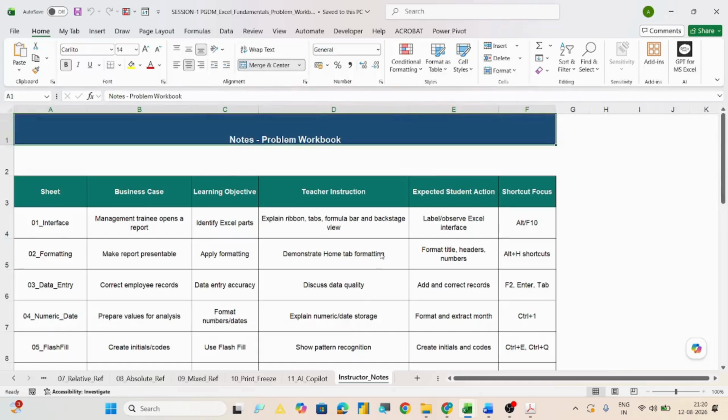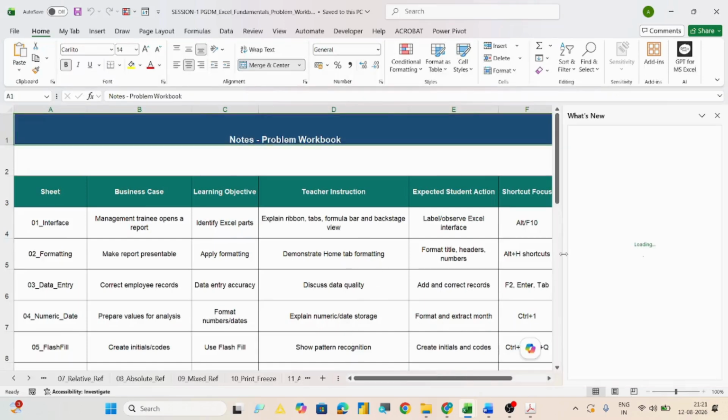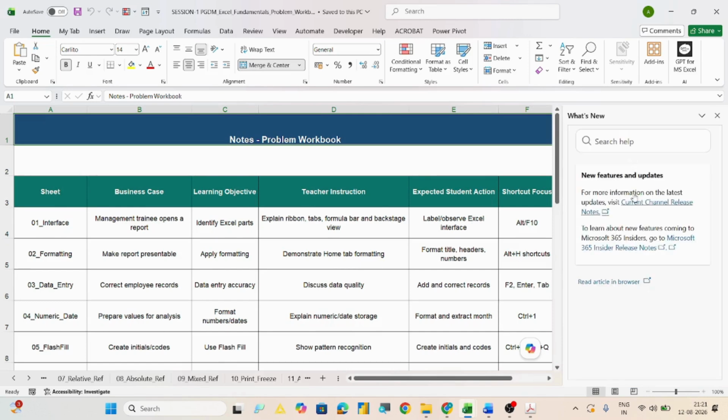It tells you what is new in Excel, and you'll come to know the latest updates. So this is the window which will tell you what features are being updated. So Microsoft 365 Insider release notes are over here, or current channel release notes are over here.